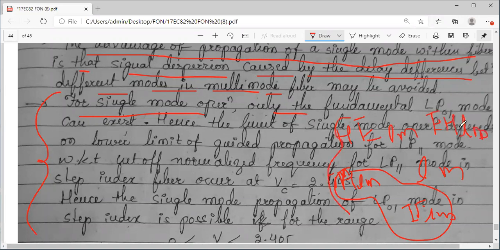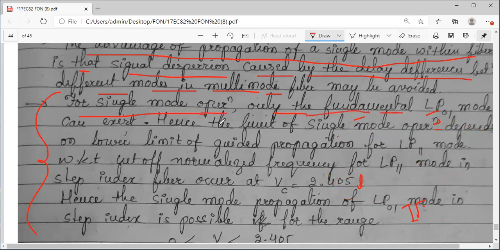These modes can also be configured by using LP. I had given you a brief on linearly polarized components. We can even go for that, though in detail we didn't discuss it. So for single mode operation, only a single mode will remain. Only this fundamental LP01 mode can exist. Higher modes will exist, but for single mode only one will remain. LP01 is your fundamental mode. After that, your next mode will come, LP11, and so on.